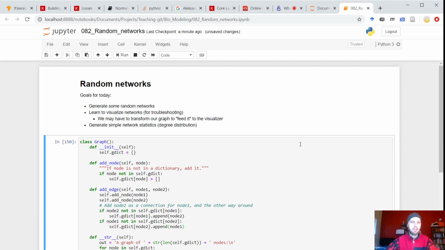Welcome to the second lecture of the series, second live coding session, rather. And today, here's our plan. We have three goals. One,